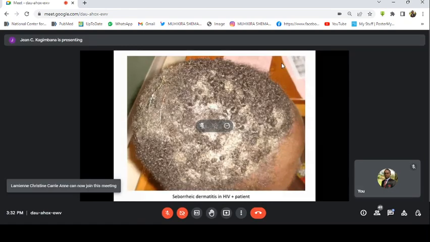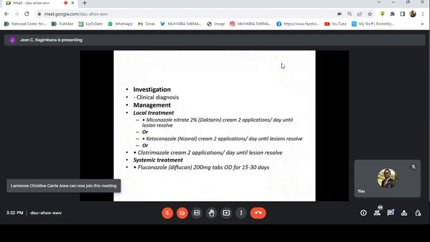This is seborrheic dermatitis. Investigation, none, because we rule it out with clinical diagnosis. Okay? Treatment, topical antifungal, like miconazole nitrate